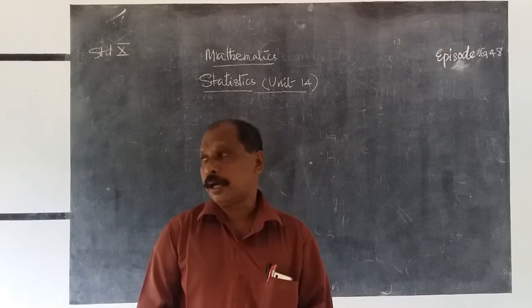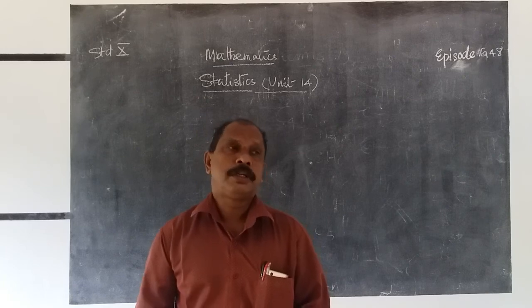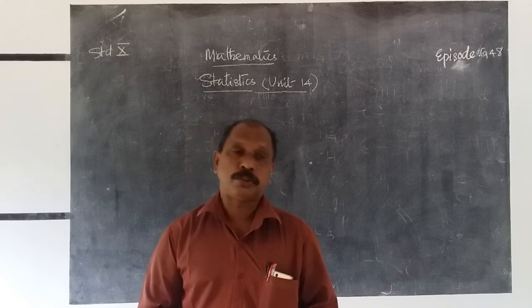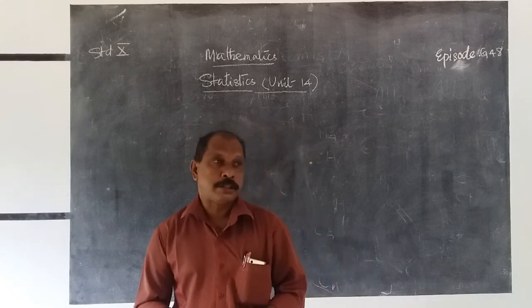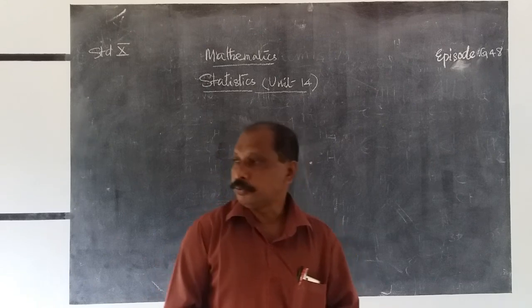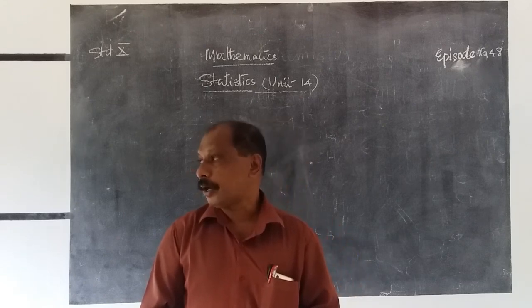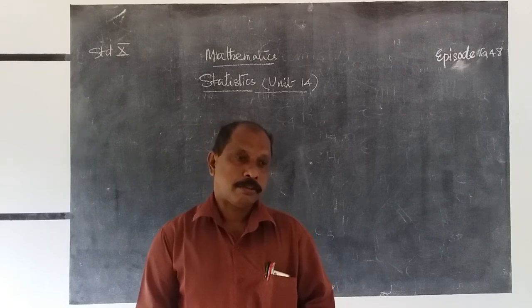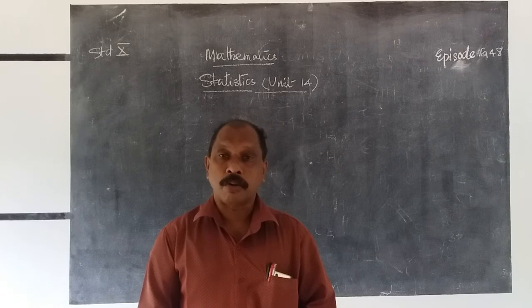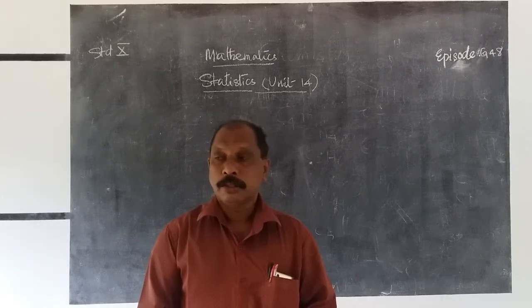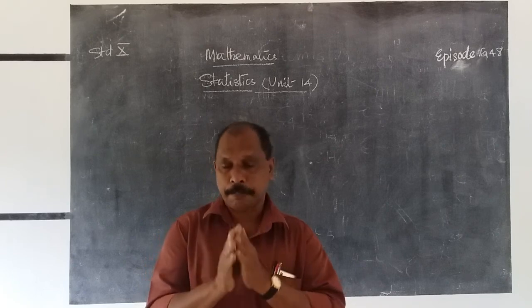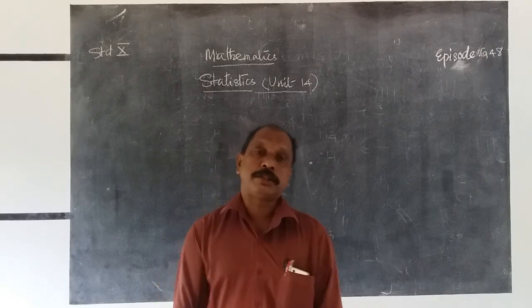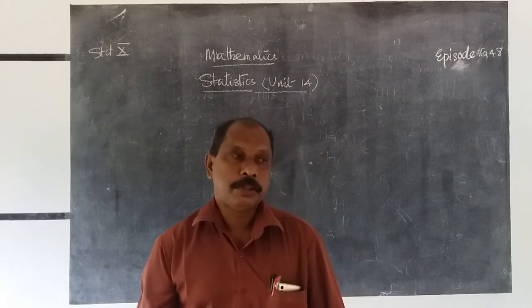Then we know that there are 50 students in a classroom. Their marks may be the same or different. Out of 50 students, the largest number of students, 13 students, secure the mark 25. Therefore, the highest repetition is for the mark 25, and 25 is known as the mode of that group.